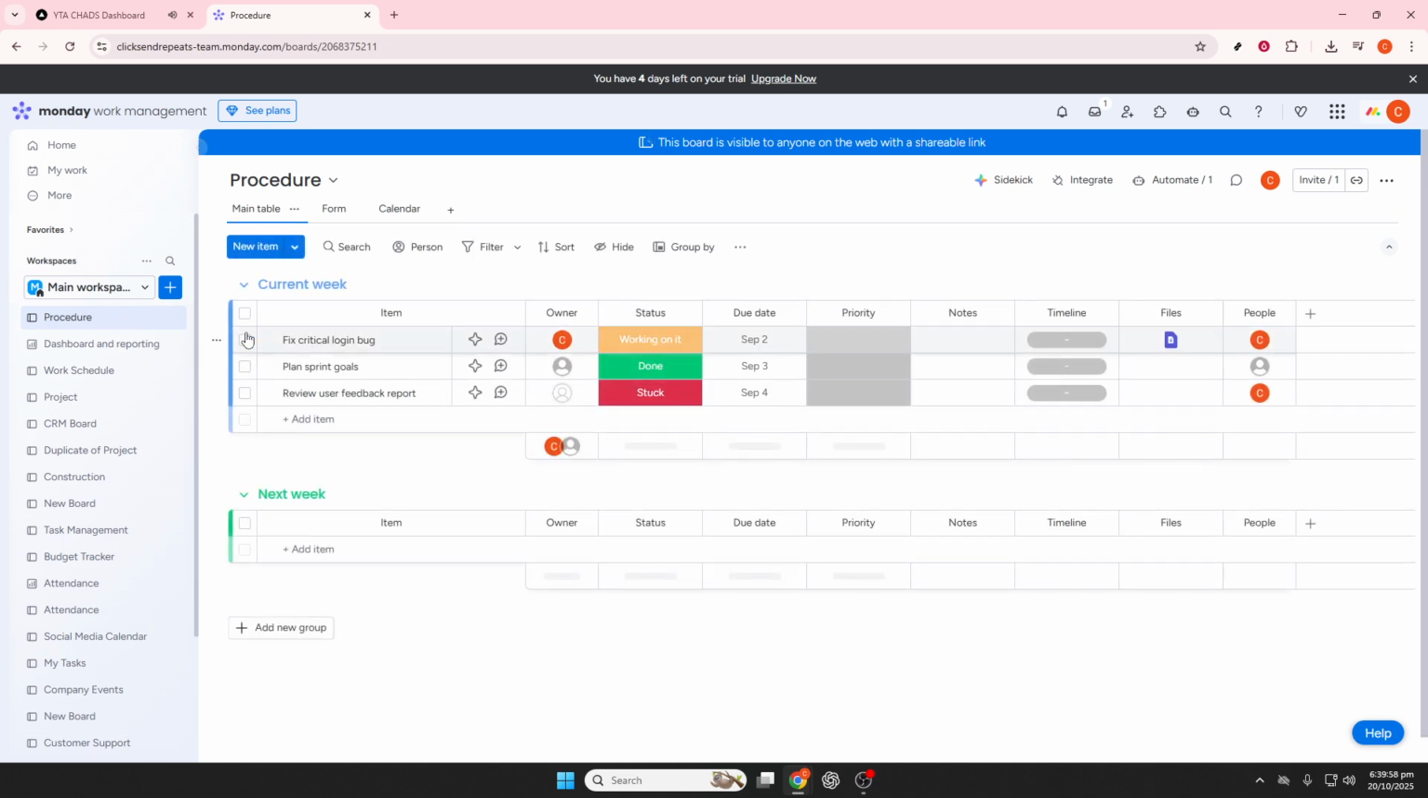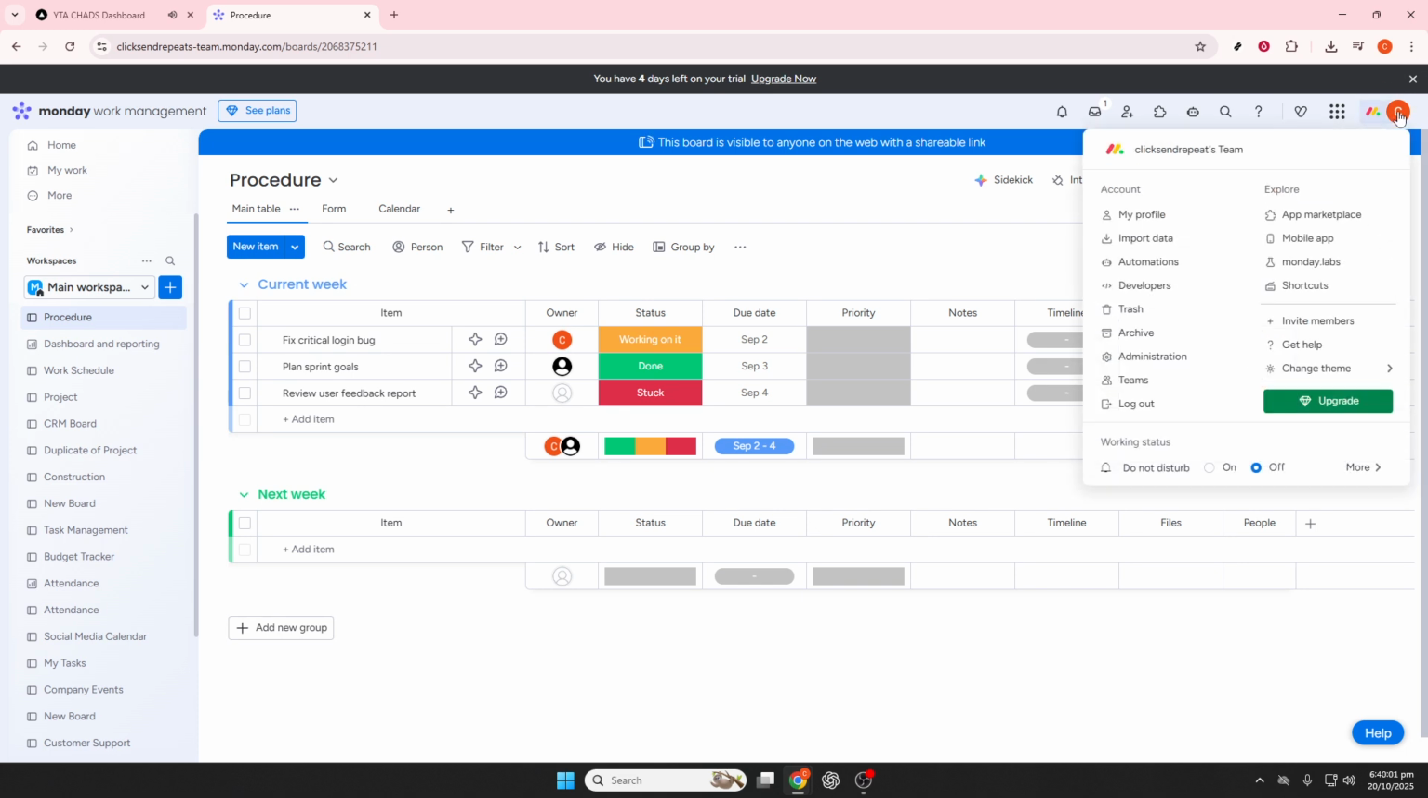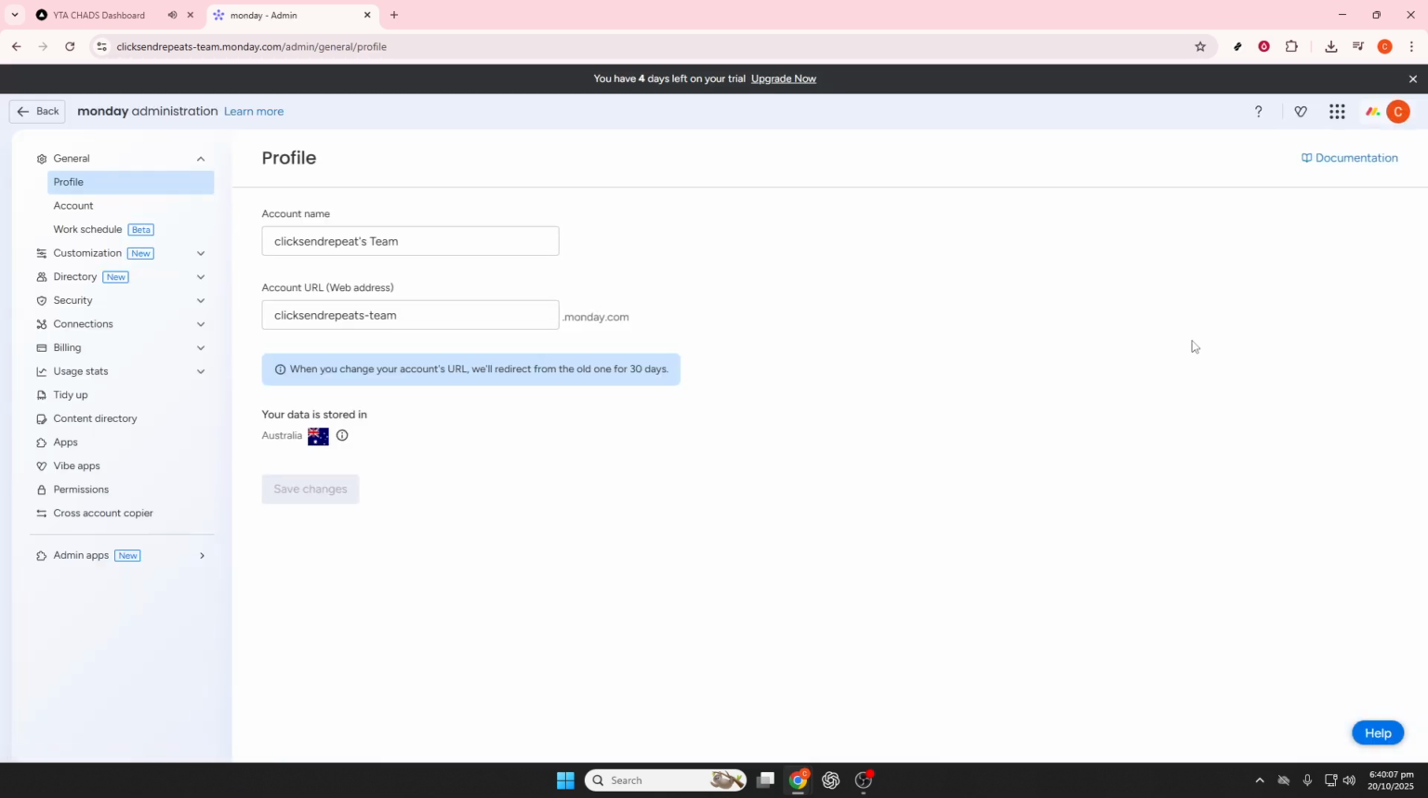First, we'll start by accessing the admin settings. You can do this by clicking on your profile picture, which you'll find in the bottom left corner of your screen. It's typically in the form of your avatar or initials. Once you click on your profile picture, a menu will appear. From this menu, you'll want to select Admin. This will open the admin section of your account, which gives you access to a range of options specific to